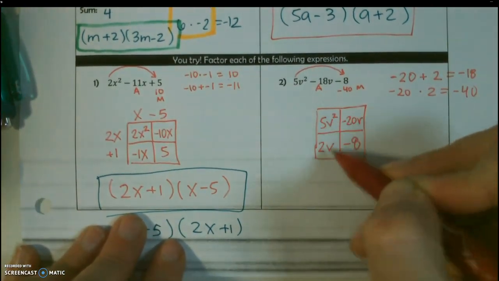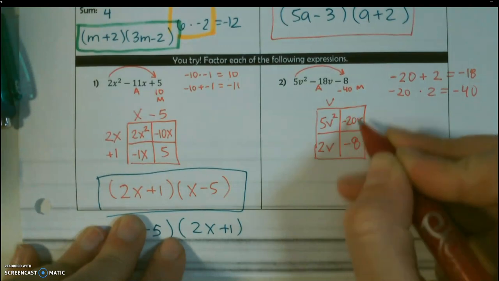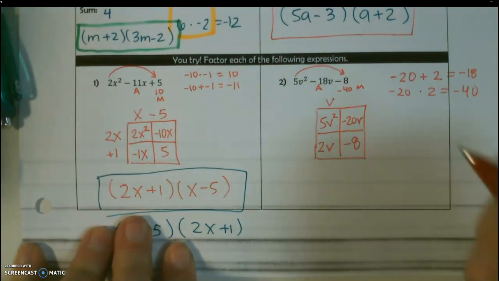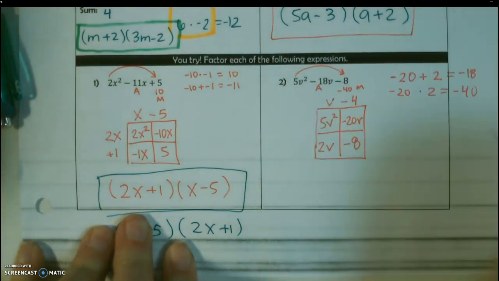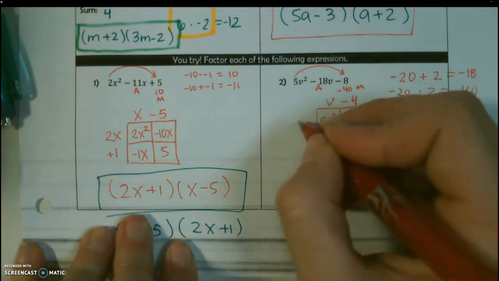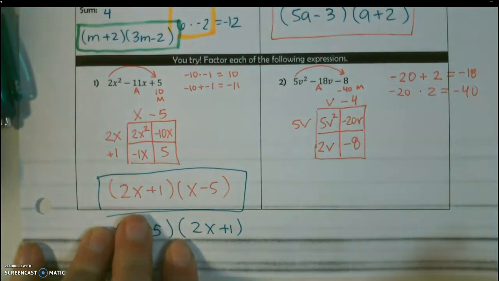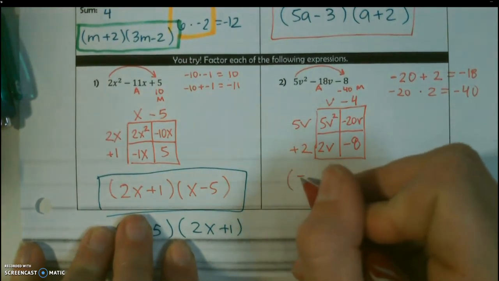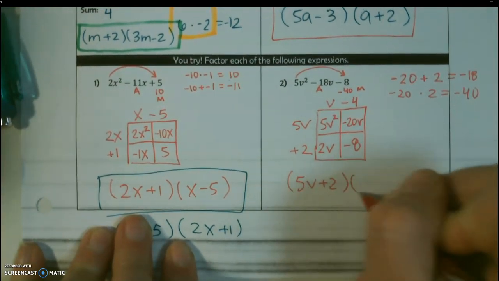Let's take the GCF of this column, which is V, the GCF of this column, which there is a leading negative. So it looks like we could take out a negative 4. The GCF of this row would be both a 5 and a V. The GCF of this row would just be a 2. So I'm getting 5V plus 2